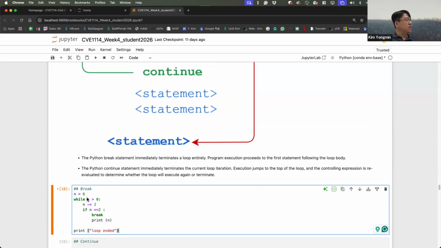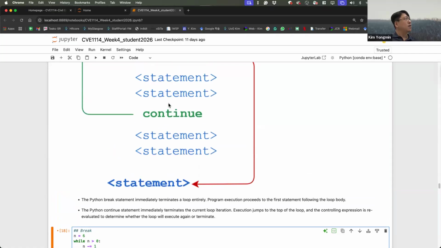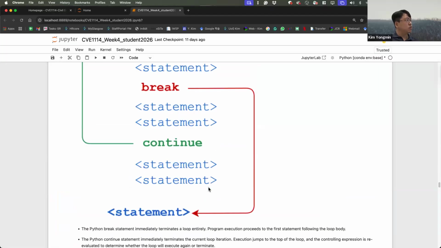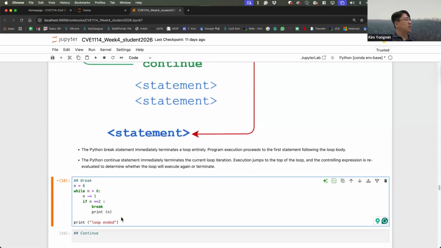So n starts with 6, minus 1, the 5, print 5. 4 printed, 3 printed, and 2, oh, n is 2. So in the if statement, the break statement will be executed, and then break goes to the last statement.